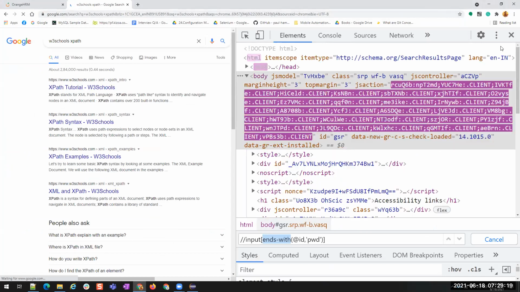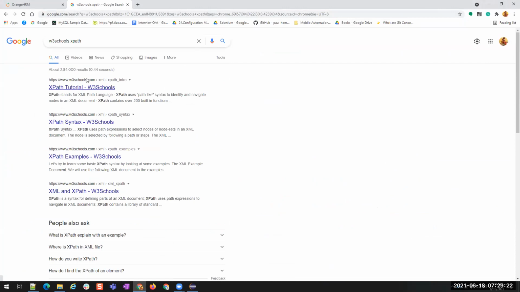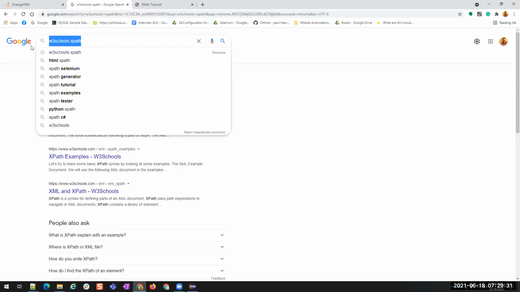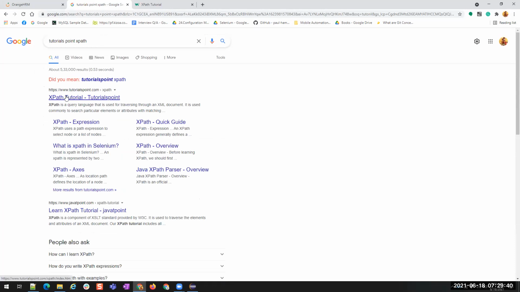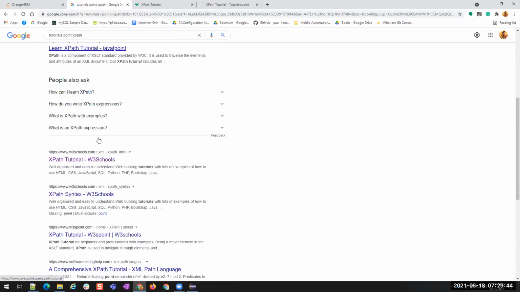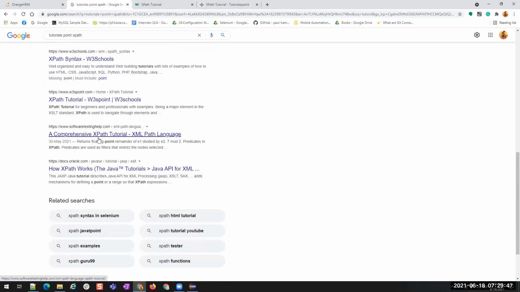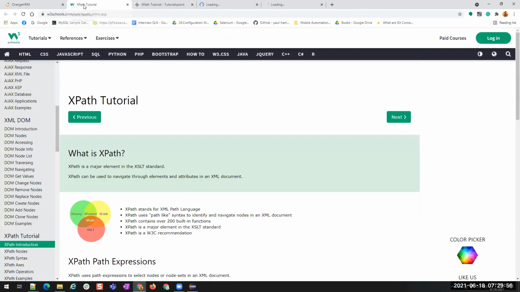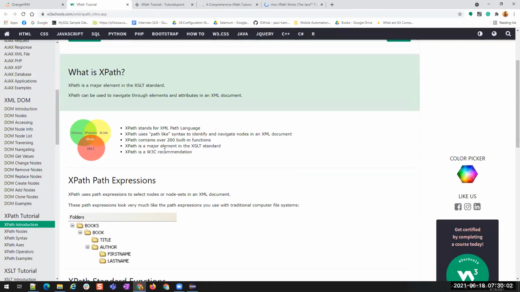Earlier, there were no tutorials. When I started giving sessions, there were no sites that helped us with XPath. Only W3Schools was there earlier, but now we have W3Schools, Tutorialspoint XPath, Software Testing Help, and even something from Oracle. W3Schools was the only thing that helped us understand the methods, what XPath is, and how many things we have in XPath.